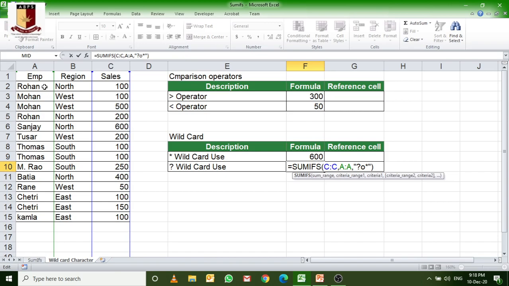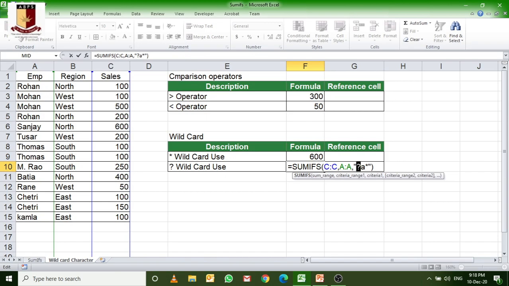Let me change this one so we can easily identify and pick up the particular value. Suppose I am taking A as the next character. This Bhatia and Rane have two A here, 450. Oh, A as second character. Okay, Sanjay also has it. The first character we don't know, so we take the question mark.